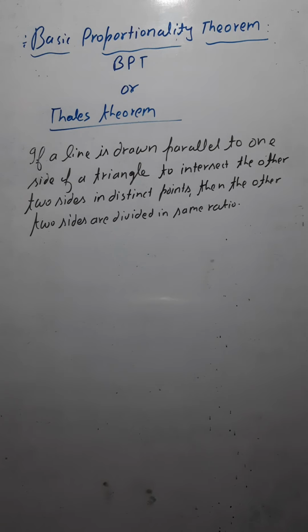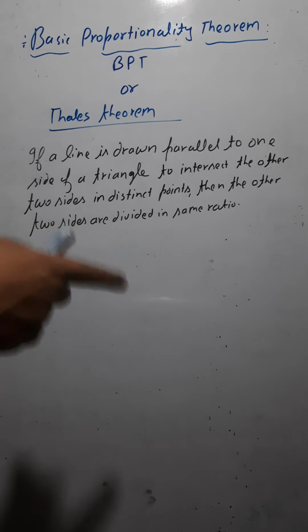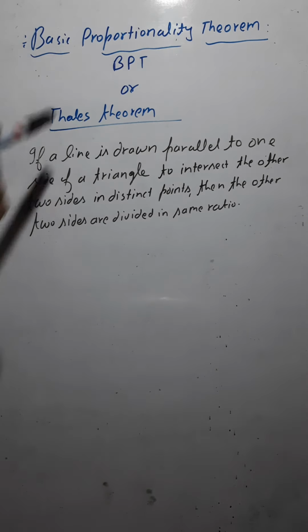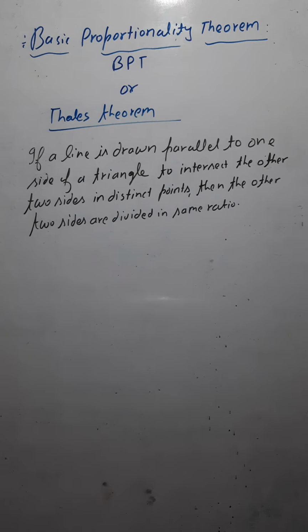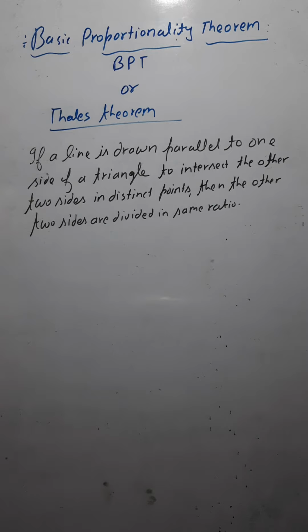So dear students, today we would move ahead in this sixth chapter of class 10th mathematics, that is triangles. Today we would be doing a very important theorem from the exam point of view, because you are getting questions on the basis of this one theorem. The theorem is the basic proportionality theorem, in short we call it BPT, and it is also known as the Thales theorem.